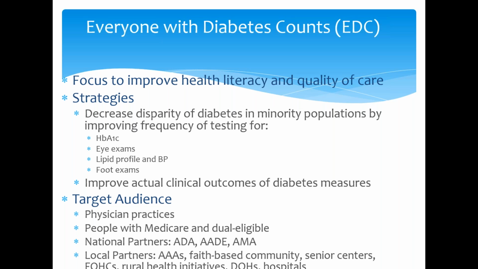Were they getting them? Could we decrease the disparity by population and improve the frequency of the testing for these? We also, in the process of our Everyone with Diabetes Counts program, pre-test them to see what their knowledge base is